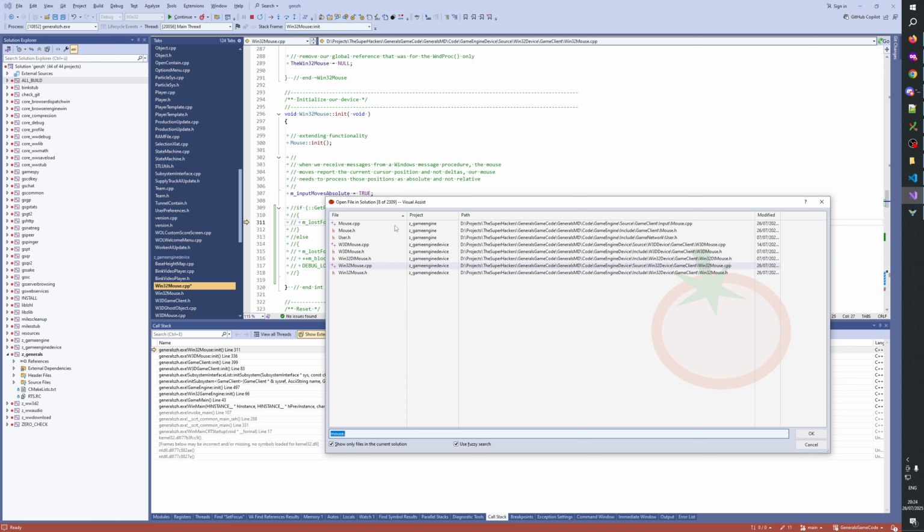Maybe we have to add static functions to mouse.